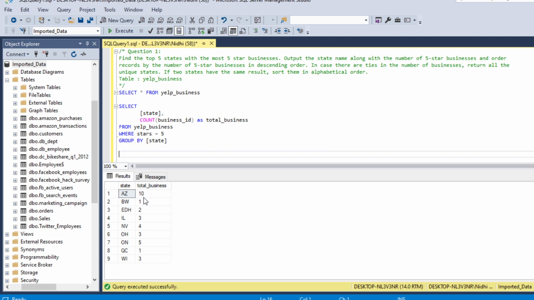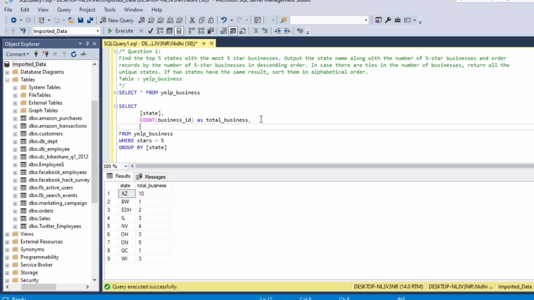Now what is the requirement here? We need to find the top 5 states with the most 5-star businesses. So we have already solved the condition where our star should be 5. Now we need the top 5 states from here. So for that we will use the dense rank function to give these rows a ranking.